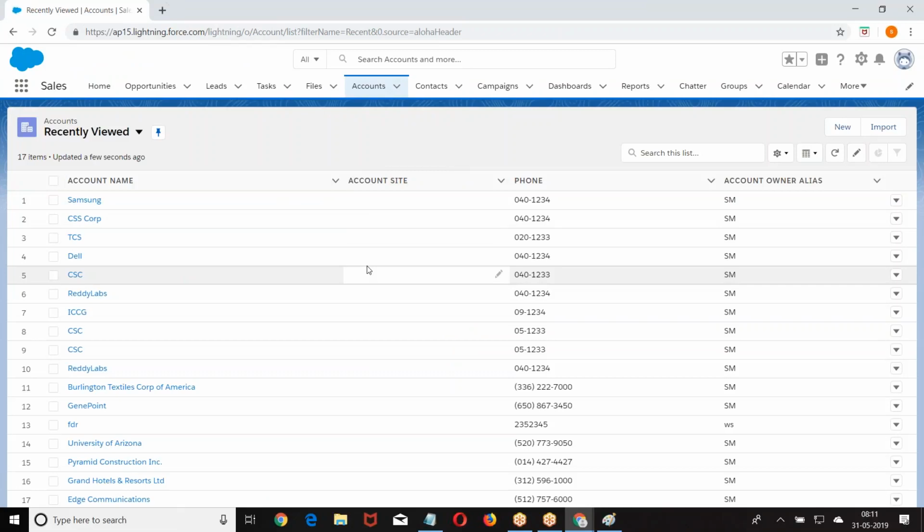Now, this is the page I am creating. In the page, what are you getting here? One checkbox, and this is the record. Which record is this? Account record. Checkbox, account record. So every row has one account and one checkbox. It is a combination of one checkbox and one account.